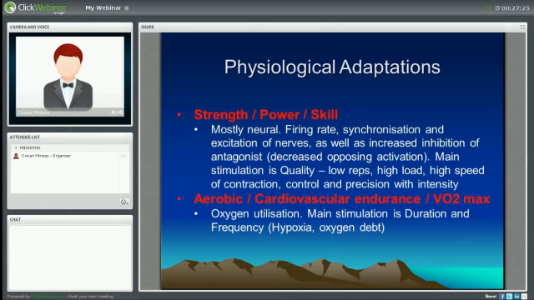And that way you can literally just tune into the one that you want to hear the most. So you might say, look, I'm really interested in power, for instance, so tune into that webinar. Someone might say, no, I'm really interested in cardiovascular endurance, so tune into that one and we'll go right into depth. But the reason I put strength, power and skill together here is because when it comes to the adaptations,